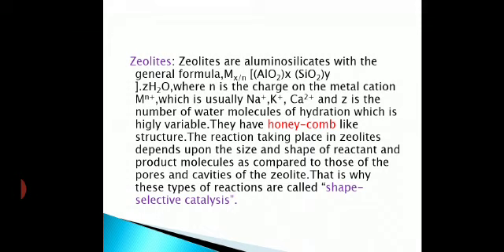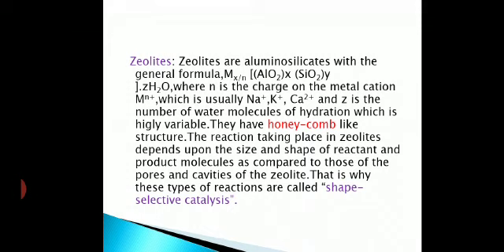Clear? So they are microporous 3-dimensional network silicates in which some silicon atoms are replaced by aluminium atoms, forming Al-O-Si linkages. Instead of Si-O-Si, that is Si single bond O single bond Si, it is going to form Al single bond O single bond Si, because some silicon atoms are replaced by aluminium. Due to that reason they have a honeycomb like structure. You have seen a honeycomb, isn't it? They have got a honeycomb like structure.